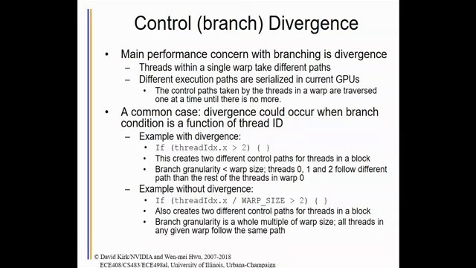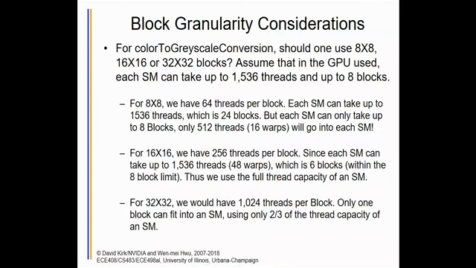So all the warps will either take the if path, or all the threads will go down the else path. So these are the kinds of decisions